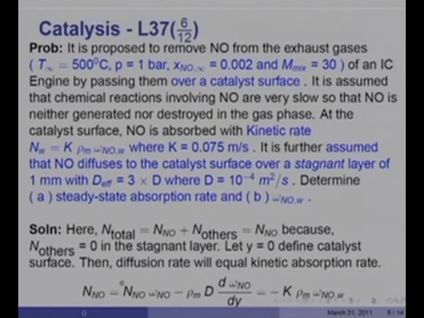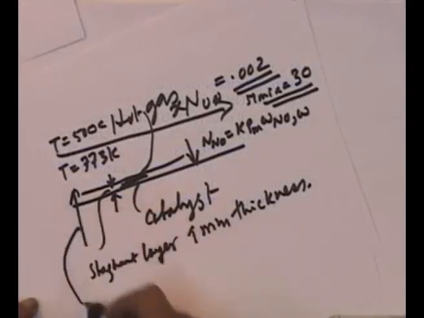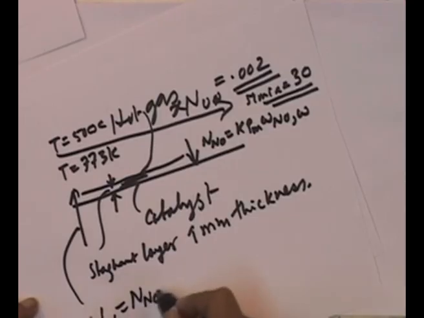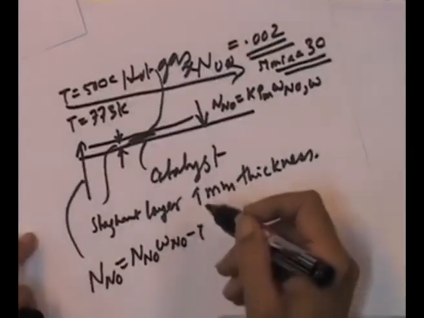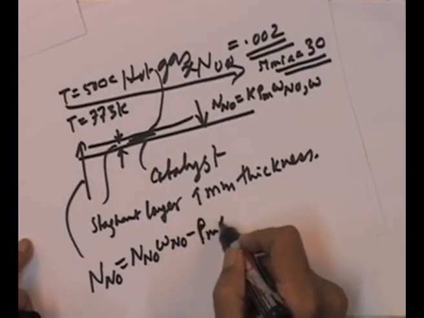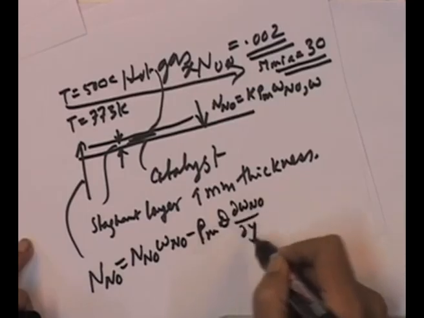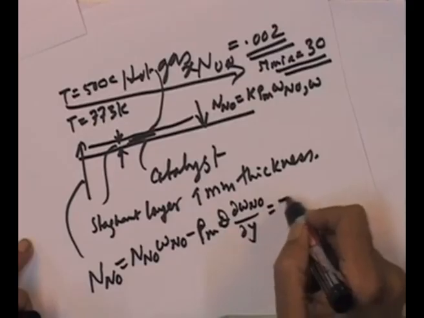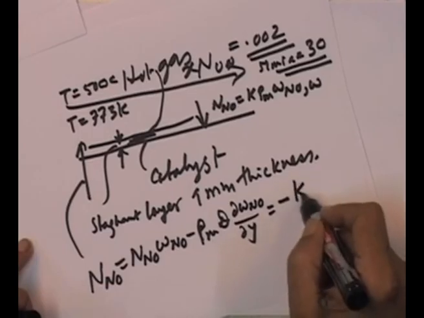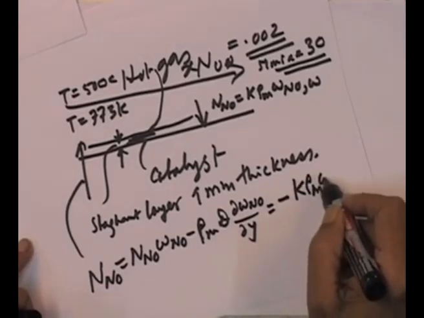So, N NO is as shown here, N NO equal to N NO into omega NO minus rho m diffusivity d omega NO by dy, and that will be equal to the opposite, minus k rho m omega NO,